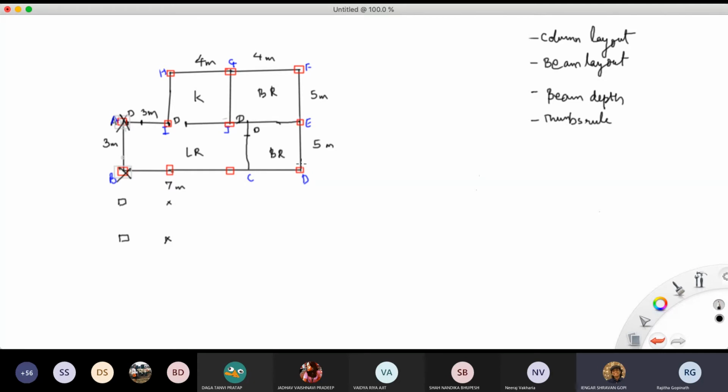And then I'm not sure if AB can be a cantilever or not in the foundation. Are we talking about this as the foundation or as a roof above it? This is just the column layout. So ground floor layout, you can assume. Then I think AB could be cantilevered if it's not like a skyscraper, but if it is a skyscraper, I think we might have to keep AB columns.